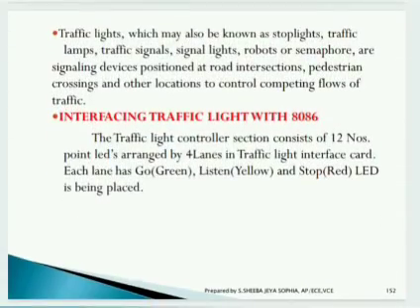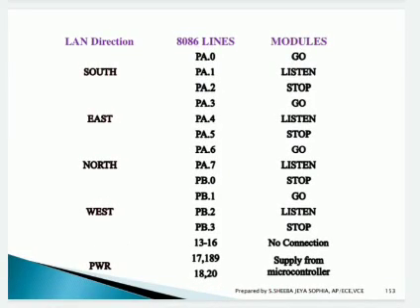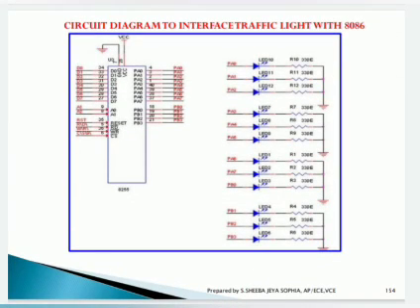Yes, this traffic light consists of 12 lights. As I have mentioned, 3 colors with 12 lights on 4 sides: south, east, north, west, and PWR, pedestrian walk. But what is the application here? If I am waiting on one side, my signal is blocked and the traffic on the other side will be moving. For example, 30 seconds or 25 seconds they are declaring, so I need to wait. Free left will be given at that moment. Walkers will be crossing. So this is the application.